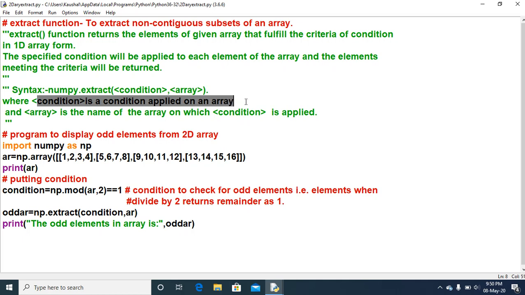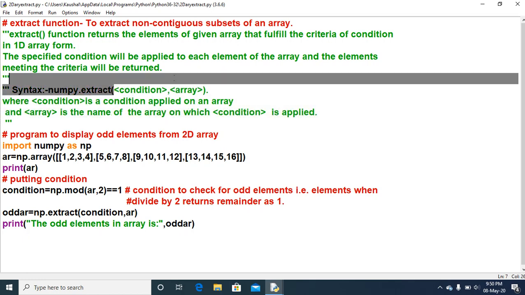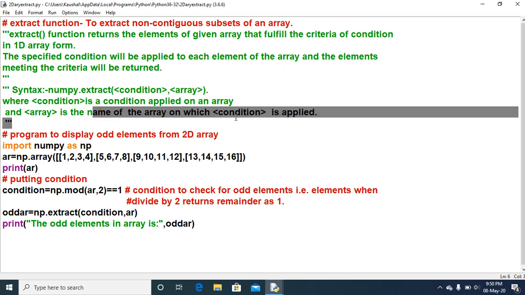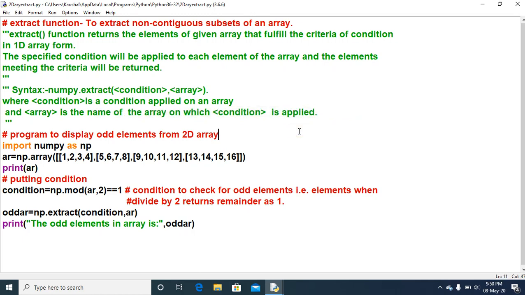What condition you need to apply will be given through the condition argument, and this array is the name of the array on which the condition is applied. On which array you want to perform the condition, that very array name you have to specify as the second argument of the extract.